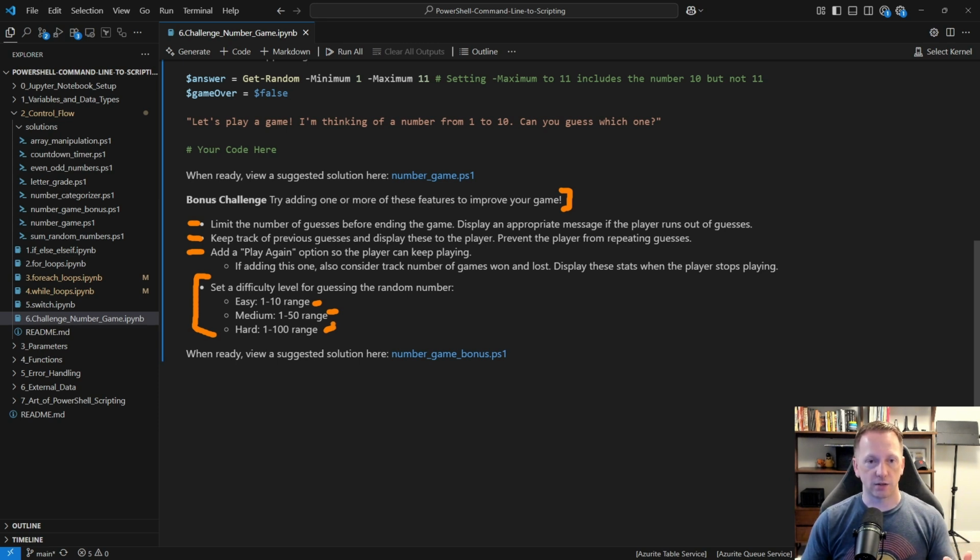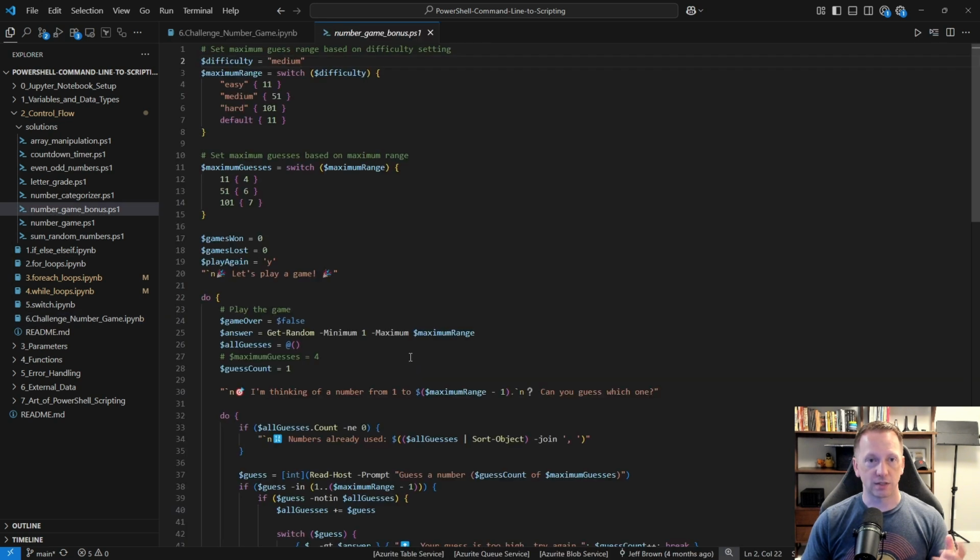And then I did go through and create a script that actually implements all of these. Let's go take a look at it. This ended up being a lot more work than I thought. I was like, oh, these would be exciting things to add to the game. And then I got in here and was like, whoa, this is a lot more than I expected. We'll go through some of these, but maybe not all of them, but let's just go through some